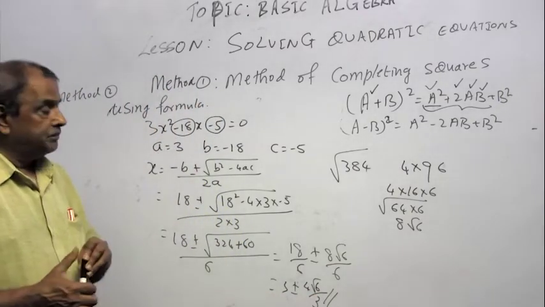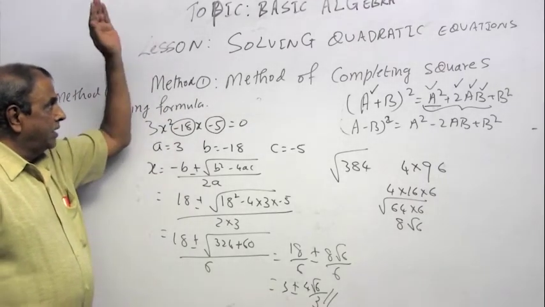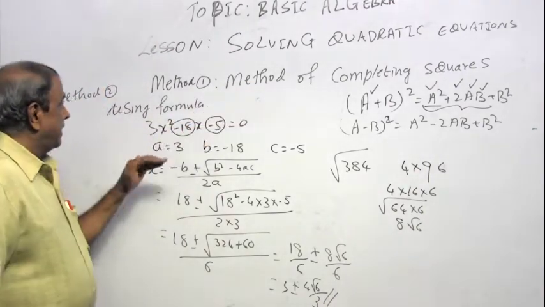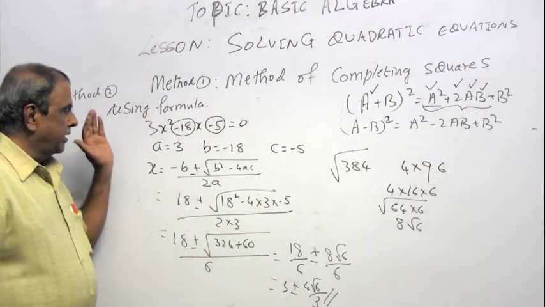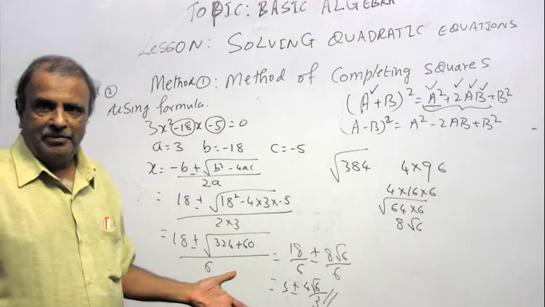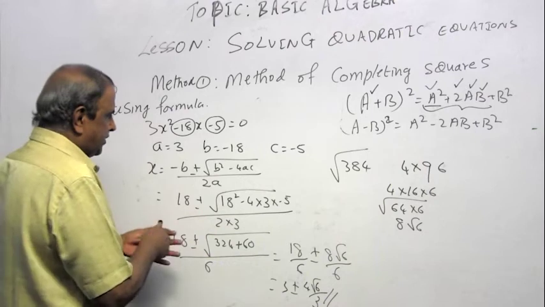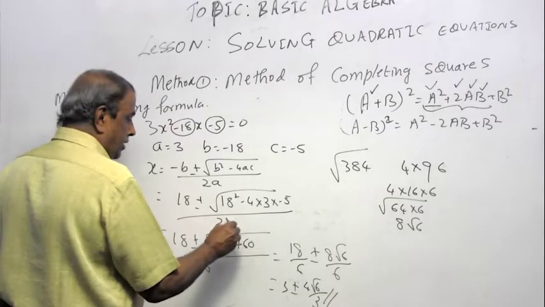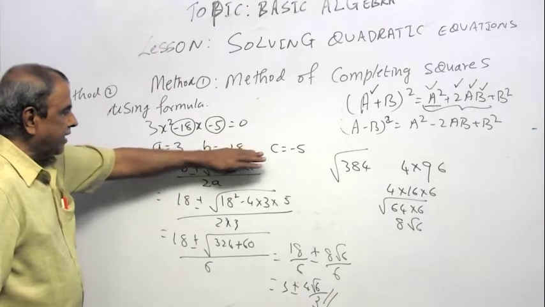So be careful whenever you use a formula, unless, number one, you're asked to use the method of completing squares, you don't use it. And when you are using a formula, especially the quadratic equation formula, students generally in a hurry go wrong. Not that you don't know it, but one small minus sign, if you don't write the formula, for example, if let's say you forgot the 3 there, or you forgot the minus sign there,